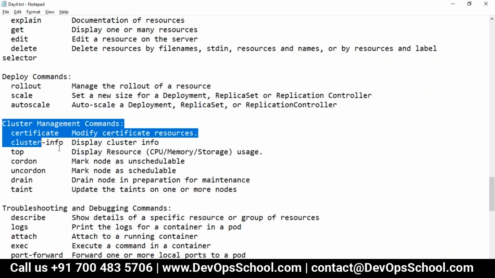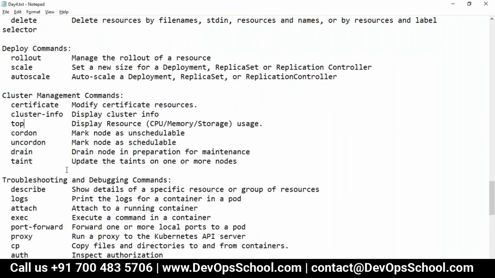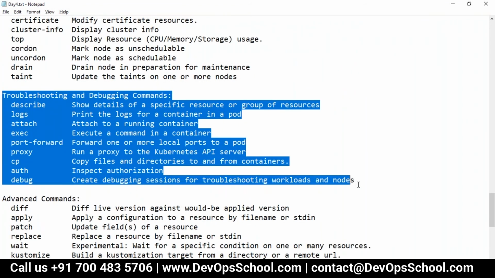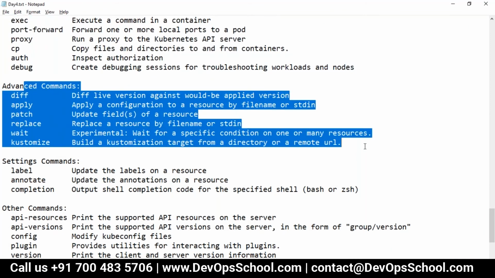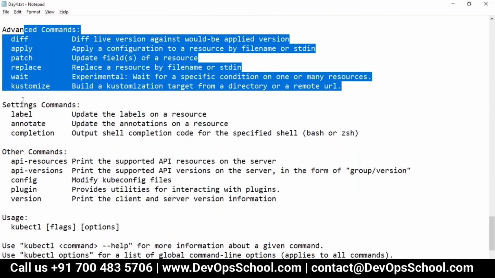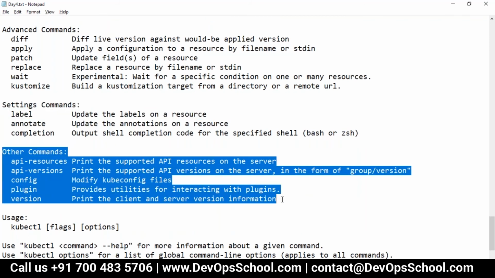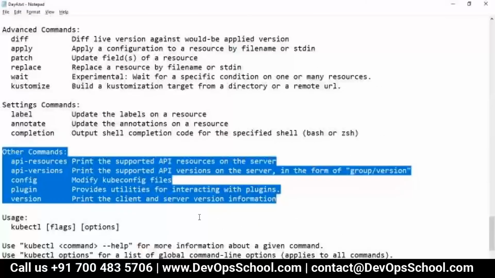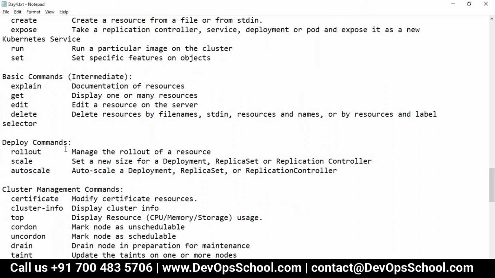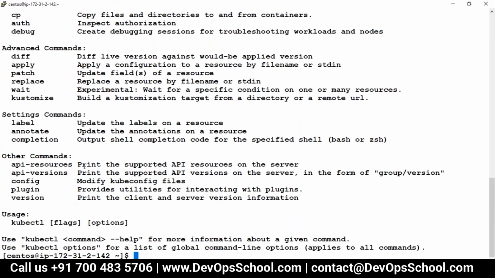If you are an administrator, cluster management commands. If you are doing troubleshooting, these are the commands. Some advanced commands, some settings commands, some other commands. So be comfortable one by one and go through this. Run and go through this. Read it, probably ones you're not using.